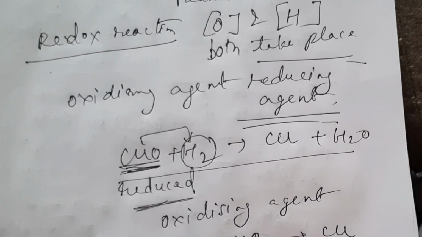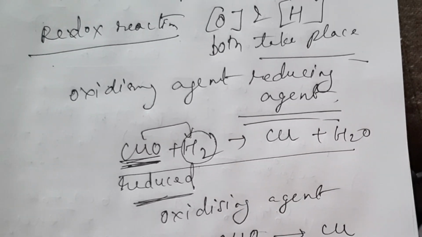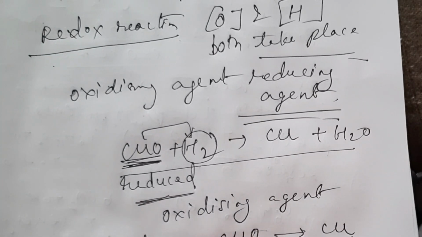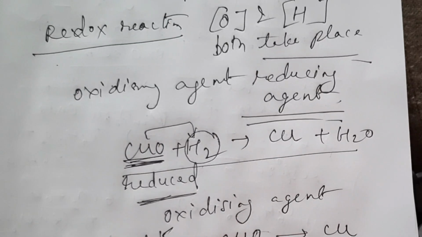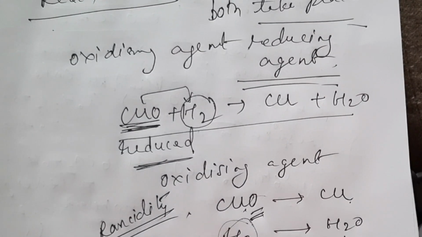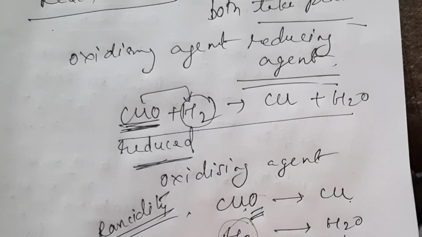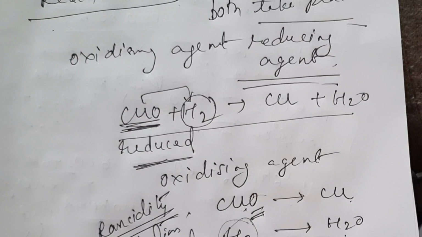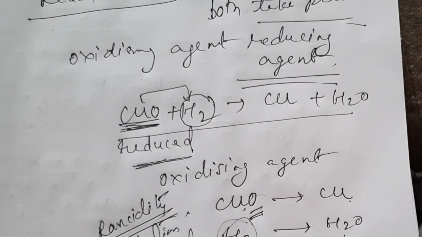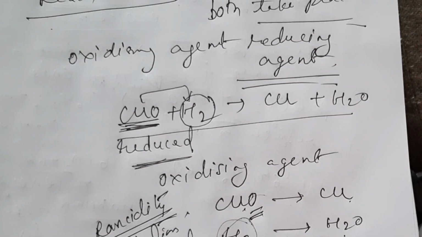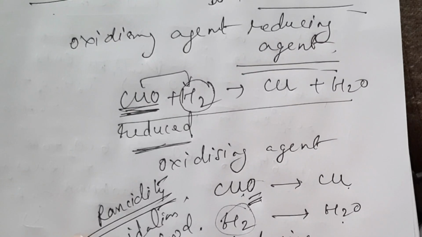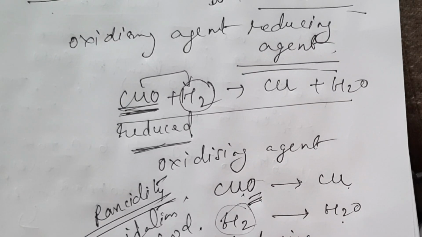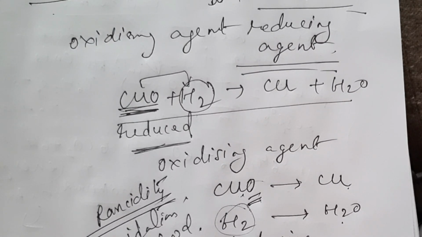Now the last topic of this chapter is what is rancidity. Rancidity is nothing but oxidation of food. So oxidation of food is called rancidity. Now when oily food is kept for longer, it smells like oil or its taste changes. So this process is called oxidation. To prevent oxidation, how is the food stored? So that is also one important question. What is rancidity? How can it be prevented?